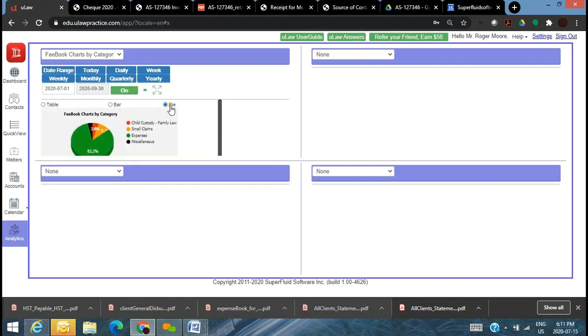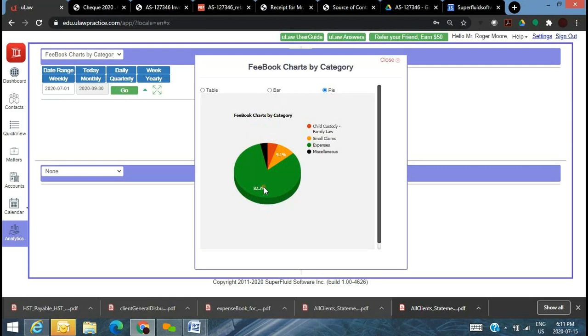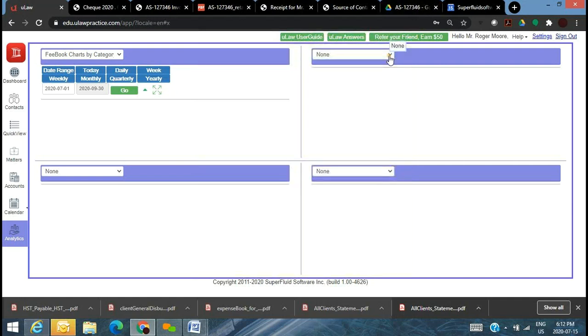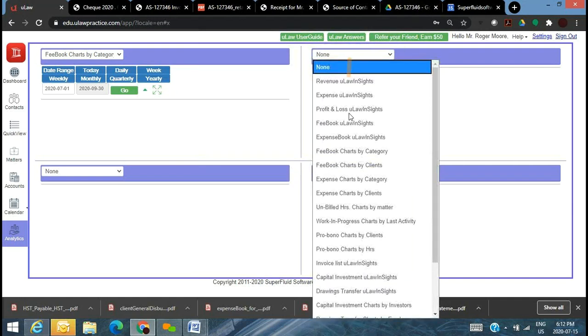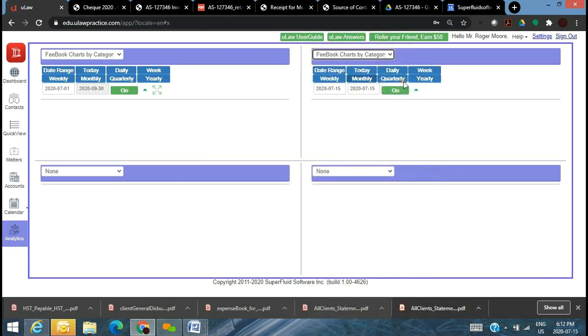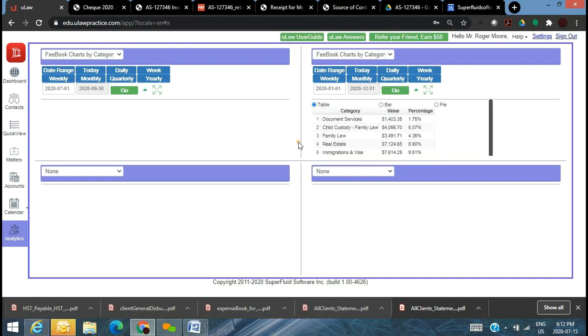So here's what the revenue looks like for me for this quarter. I've got 82% coming from recoverable expenses, 9% from small claims, 5% from child custody, and miscellaneous. I can even compare it to the whole year. I can compare month by month. I can do this even on my phone. Okay. All right, so